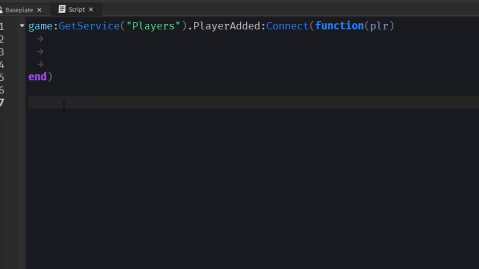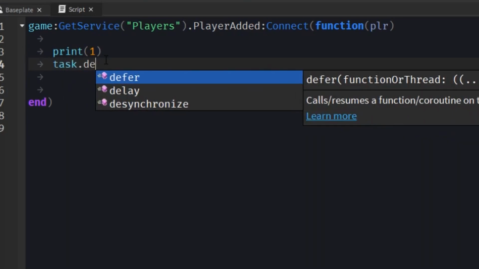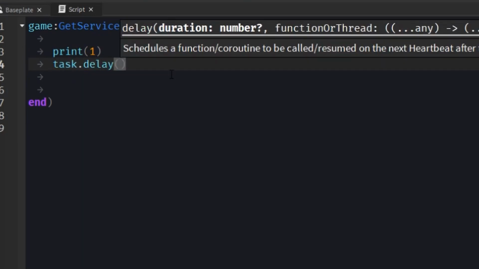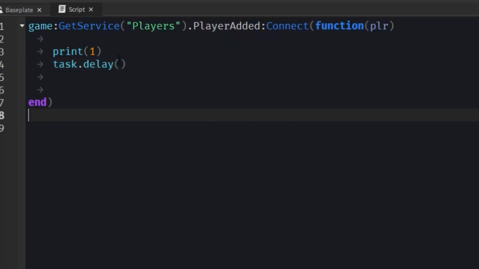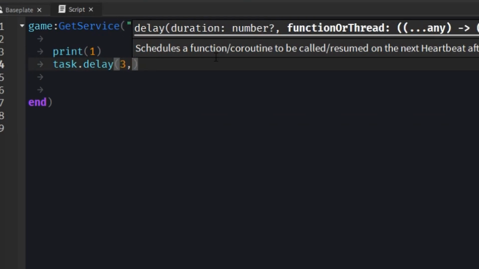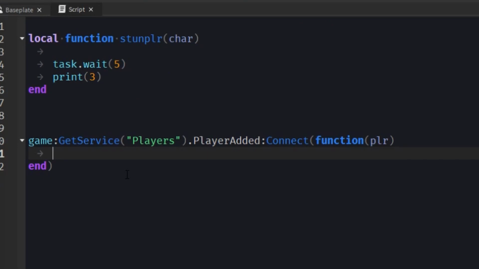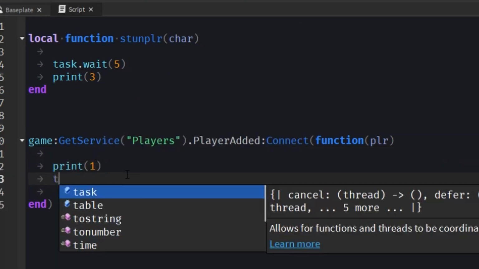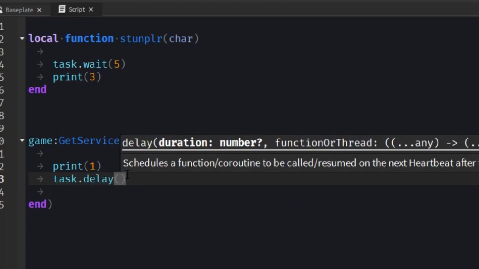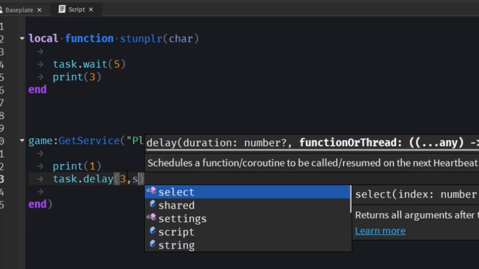Task.Delay. So the way that delay works is, here we'll do print 1, and then we'll do Task.Delay. It will pretty much call a function after the duration that you give it. So the first argument would be the duration, how long you want to wait before calling the function. And actually I wish I didn't delete that function. Alright, print 1, and then we can do Task.Delay 3, and then we can do stun player,